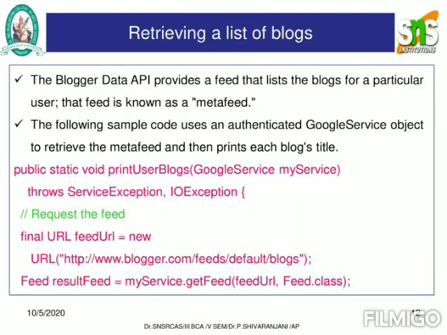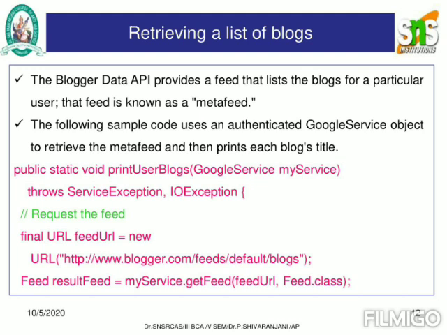So the next one is retrieving the list of blogs. The Blogger data API provides a feed that lists the blogs for a particular user. The feed is also known as a meta feed. The following code uses the authenticated Google service object to retrieve the meta feed and then prints each blog title. So here I have used a function called printUserBlogs. I'm passing the parameter Google service